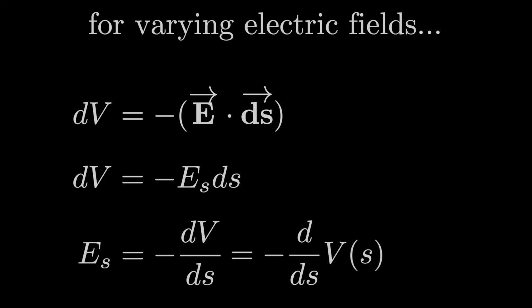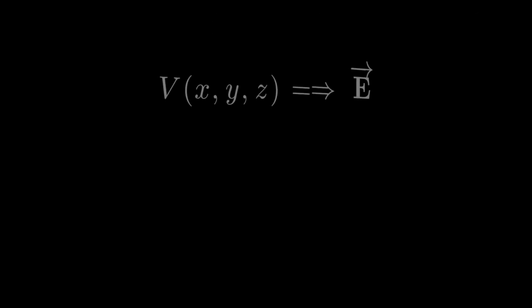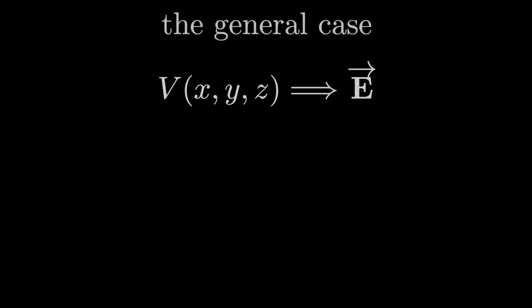What we might have is the electric potential as a function of x, y, and z. This is a general electric potential function of any point in space. So a more advanced and general definition for the electric field due to any potential that's a function of x, y, and z would involve evaluating this thing called the partial derivative with respect to x, if you want the component of the electric field in the x direction,